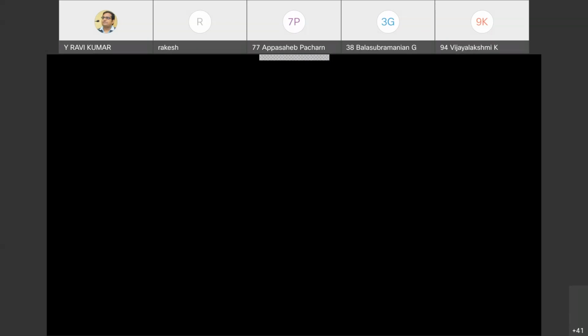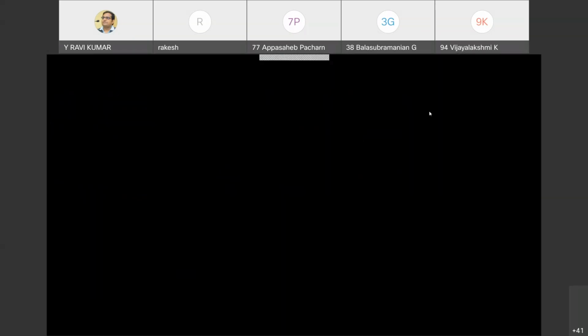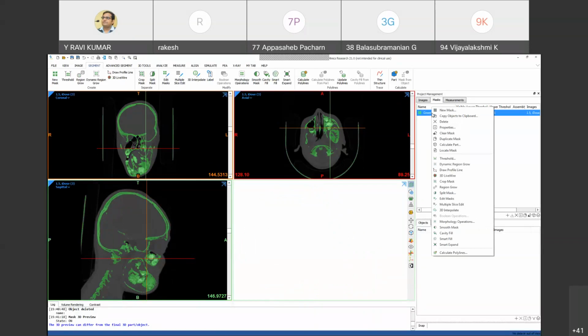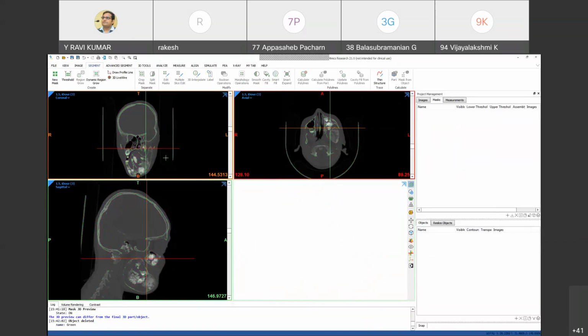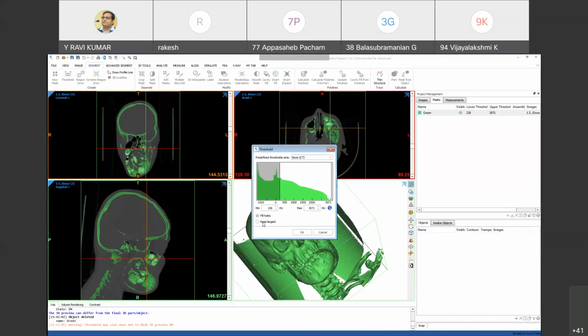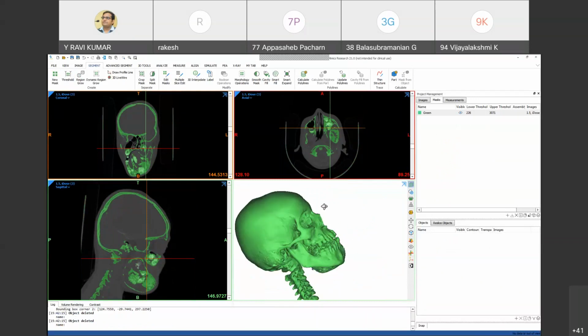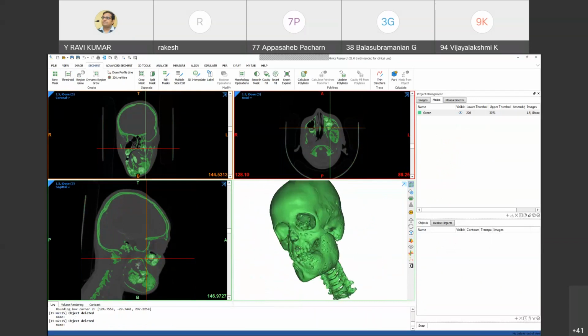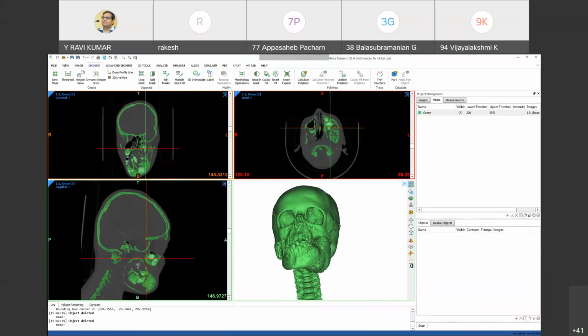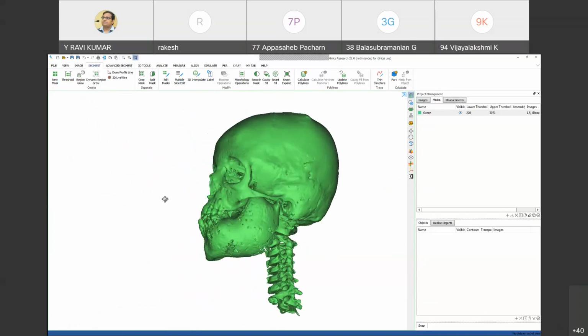We can remove it while generating the mask. Just click on fill holes and keep largest. So you can remove the unwanted material.